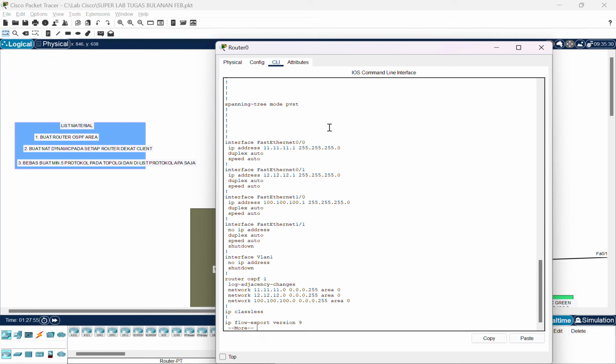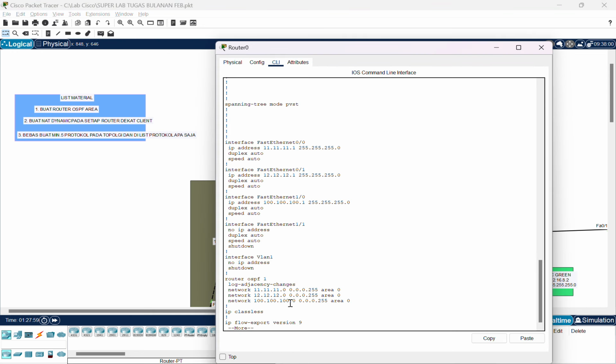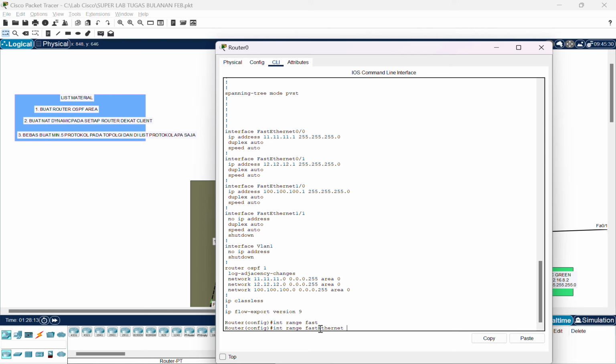You choose the interface Pass Ethernet. You can write this in your router: interface range Pass Ethernet